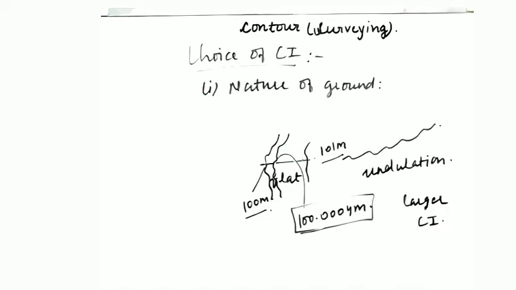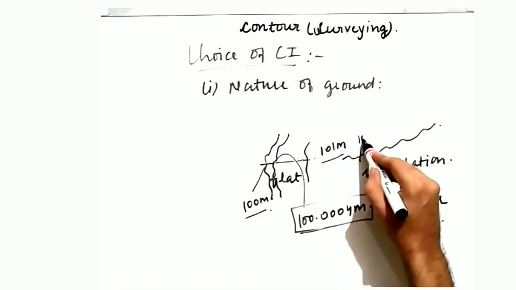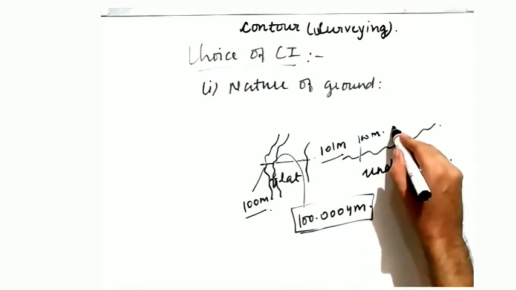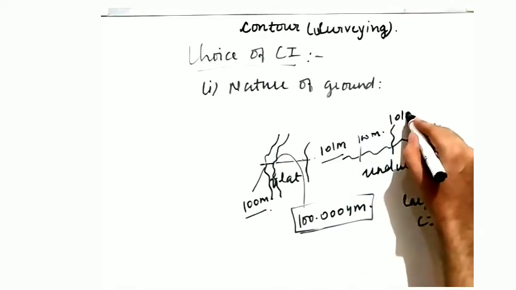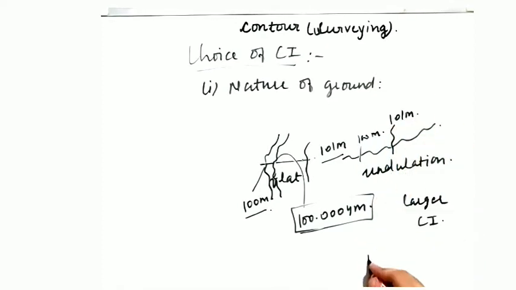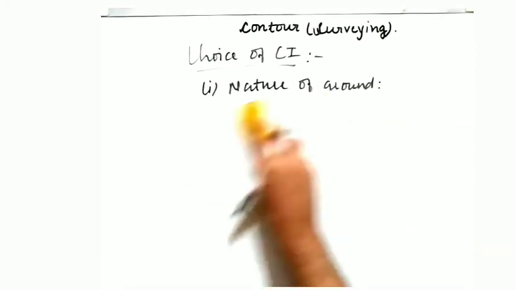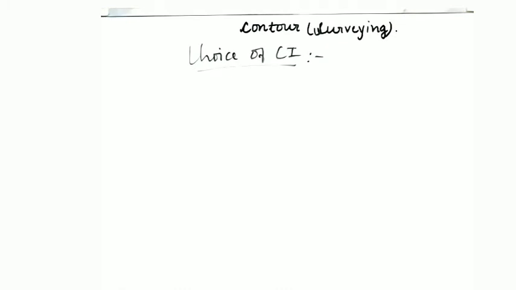Why so? You have to see, this is suppose 100 meter contour. You will very soon approach the 101 meter contour. If you go for 100, 100.004, then these contours will be very close to each other and you will not be able to make them on a map. You will not be able to show them on a map very clearly. So for flat ground you go for smaller contour interval, and for undulated ground you go for larger contour interval. Now moving on to the second factor, it is